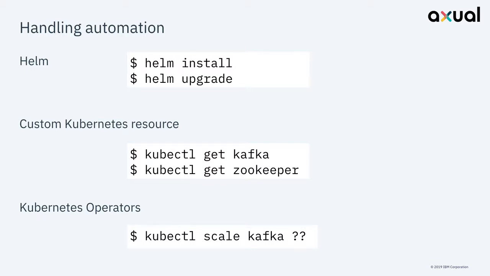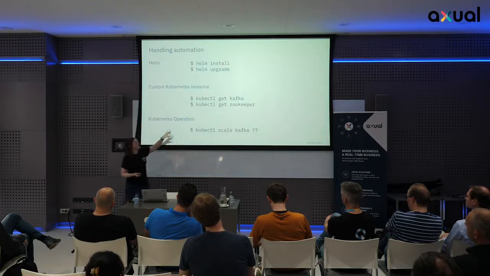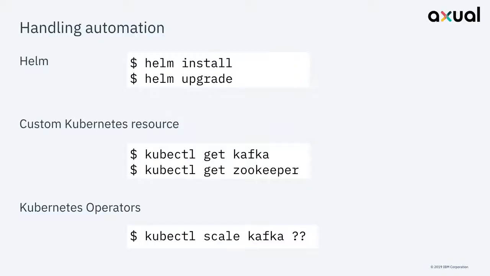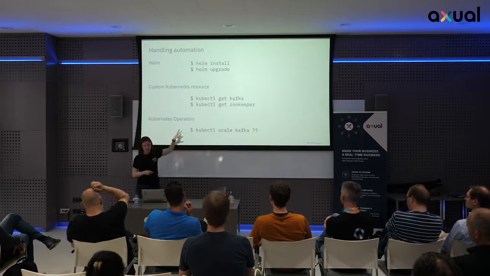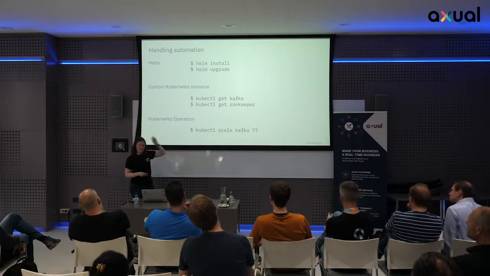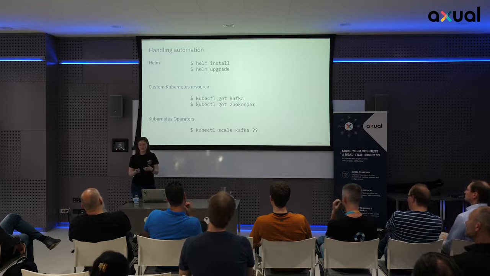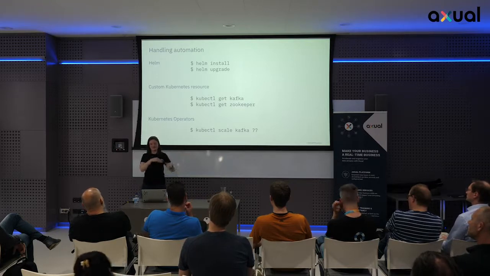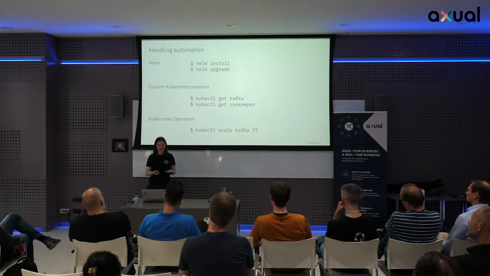You potentially have to write a Golang app, but it can get you to scenarios where you could say kubectl get Kafka, and in the same way you can do get pods in Kubernetes, it will tell you what Kafkas you have. And if you add in the operator piece, so this top piece is really easy to do. This piece here is where you might have to start writing some Go code. Because if you do kubectl scale Kafka, you basically need to write an app that talks to the Kubernetes APIs, that knows what that means and knows what to do with your Kafkas. So there are a few different options out there, but it's worth having a look around to see what other people are doing, because there are existing ways to install Kafka and Kubernetes that you can make use of.